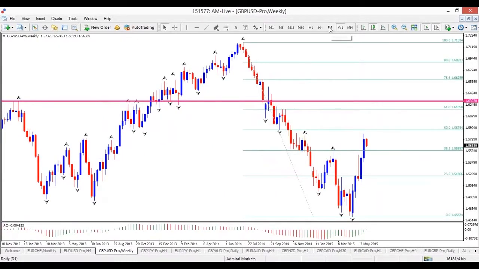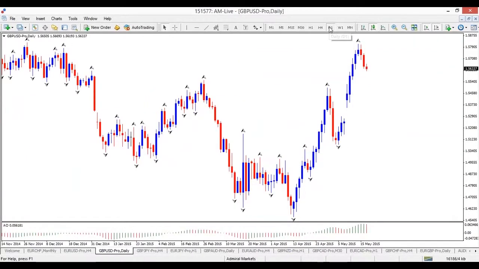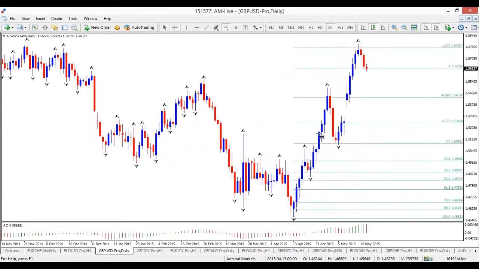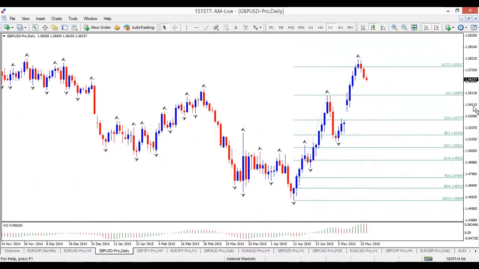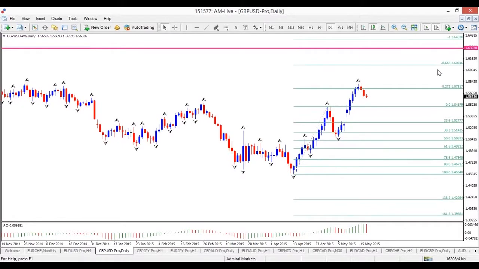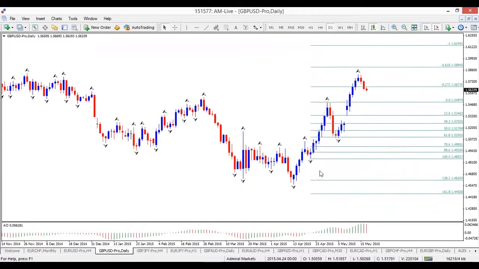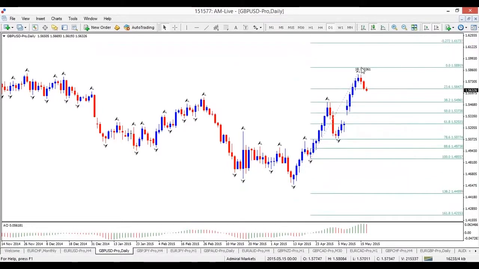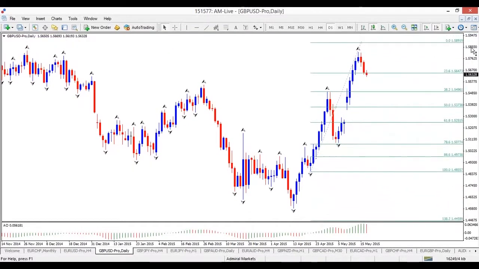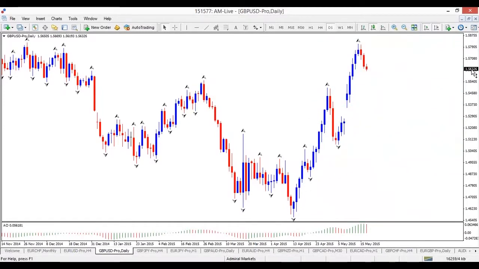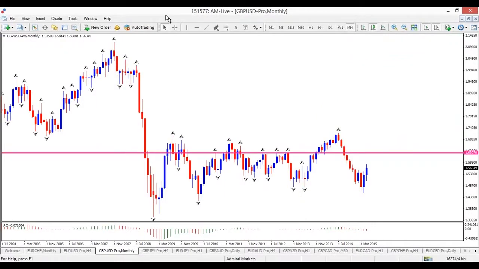But both are resistance and bouncing spots. Maybe if we put a fib from here to here, let's take a look. $160.70. $159. And now both could be bouncing spots. Long term,